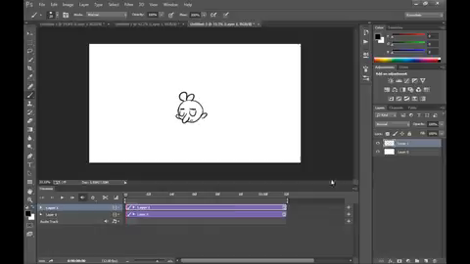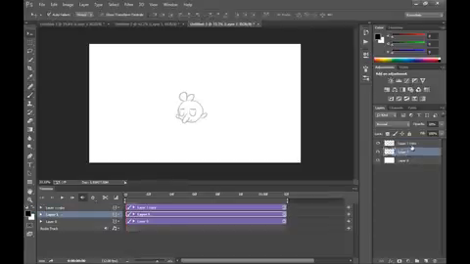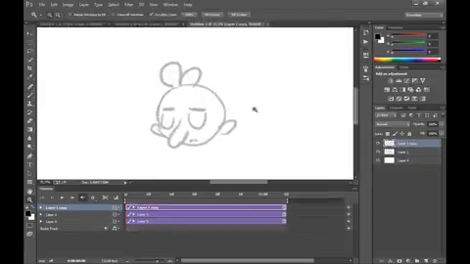See how it makes it really long? Later on I'll show you some actions to make this quicker, but this is a way to make all of your layers the same length so you don't have to keep shortening them. You just duplicate it, select all with Control A, delete with delete, Control D to deselect, and now you've got a layer that's the same thing. Usually I have to set that to 30, and later on I'll show you the action that you need to make that just a one button push. All right, so